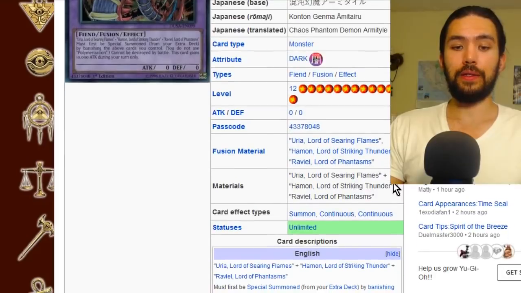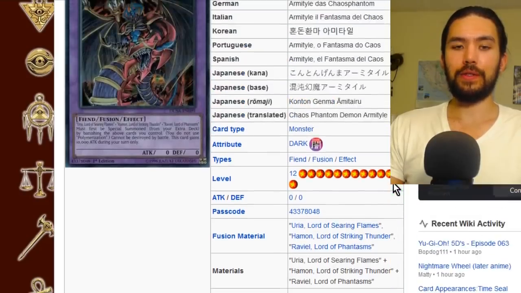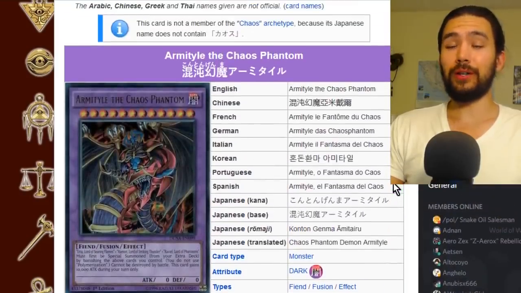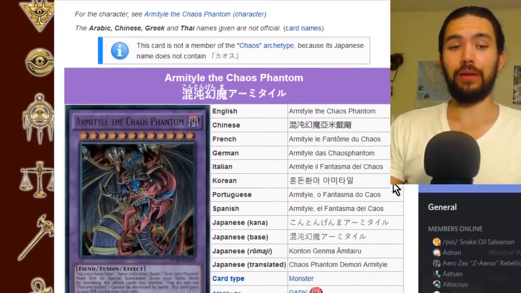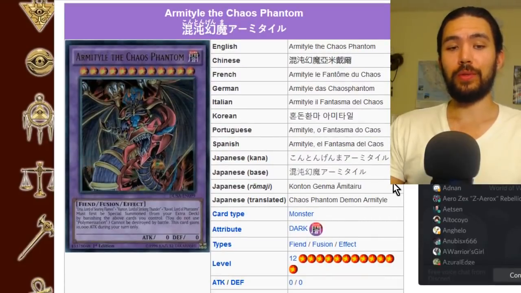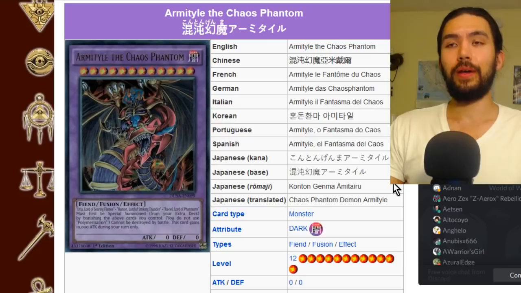Armityle, the Chaos Phantom. You control Yuria, Hamon, and Raviel. And then you can banish those 3 and get this big, huge card. Gains 10,000 attack during your turn only. We on YouTube think that we know YouTube decks, but Konami invented YouTube decks with Armityle, the Chaos Phantom. You think that farming him is hard, but then, you just buy...